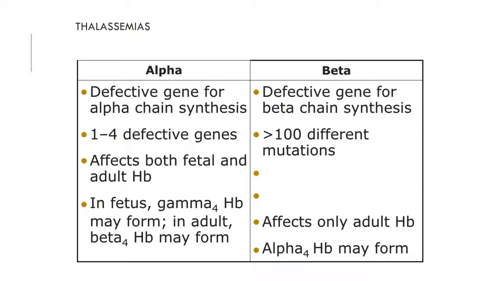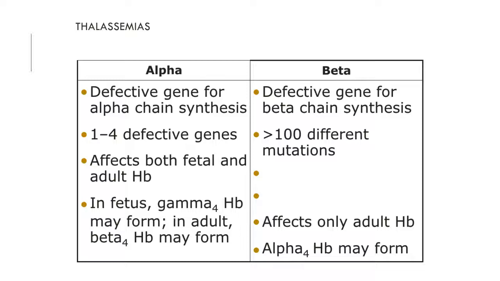I'm not going to spend a lot of time talking about thalassemias. In Patho, we're going to talk about them quite extensively in pediatrics next semester. But they're an inherited disorder where there's a defective gene. In the alpha form, it affects the alpha chain synthesis, and there's 1 to 4 different defective genes that can cause that. This affects both the fetal and the adult hemoglobin, even though we don't have alpha chains in the